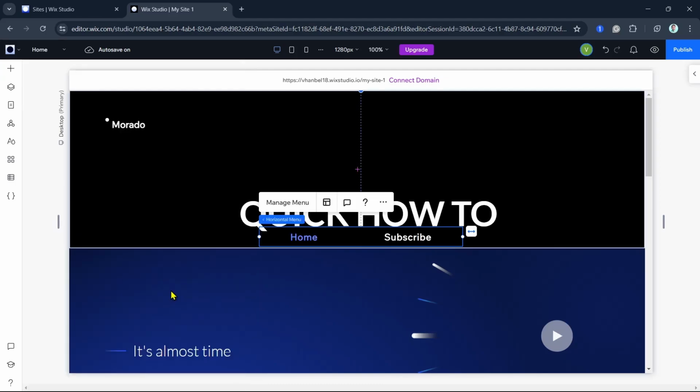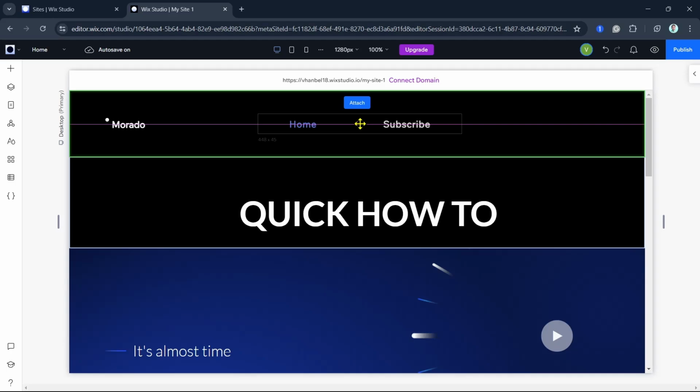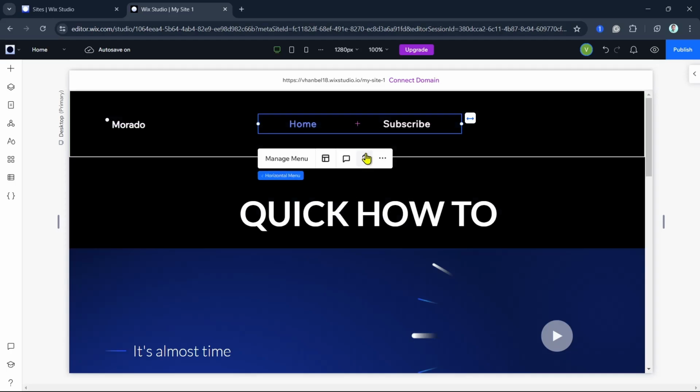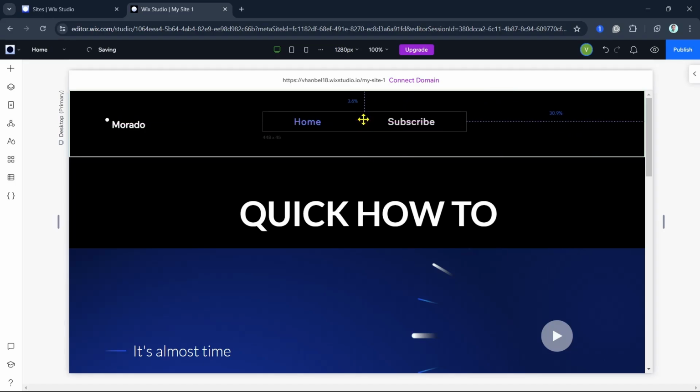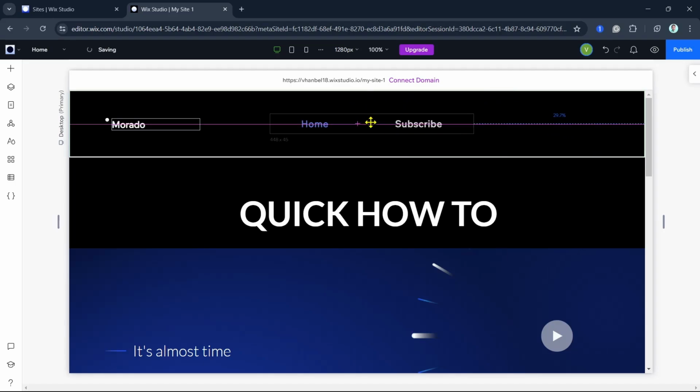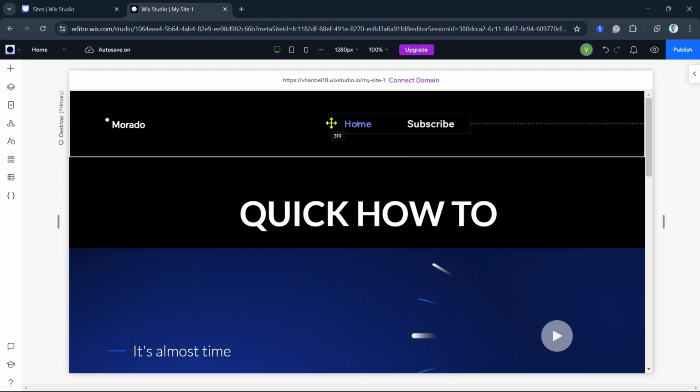Once you click on menu, as you can see here, just drag and move it like this, so you can place it in the location you want to put the navigation menu, or maybe you can just put it right over here, but in my case I'm going to put it in the middle. Now this one here, as you can see, we have a bunch of options. If you click on the dot, then you can resize it if you want a smaller or bigger